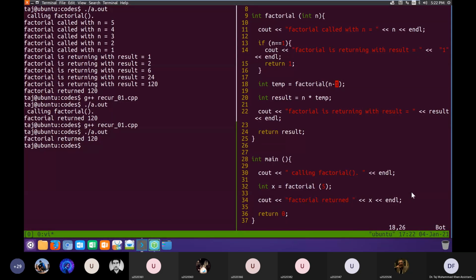Is it clear? Any questions regarding recursion? We just saw one example of calculating factorial with recursion, and in the next couple of classes we'll see some other problems also as examples of being solved by recursion. But if you have any immediate pressing question, you can ask it right now.